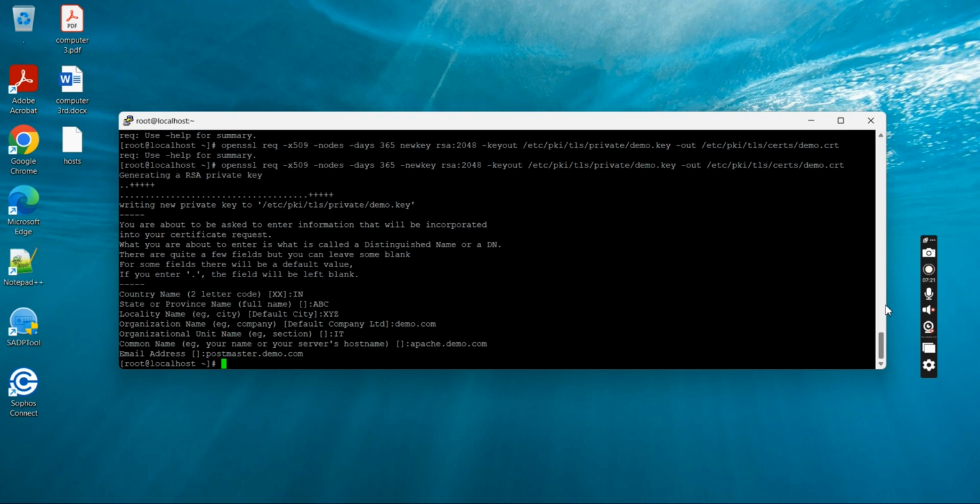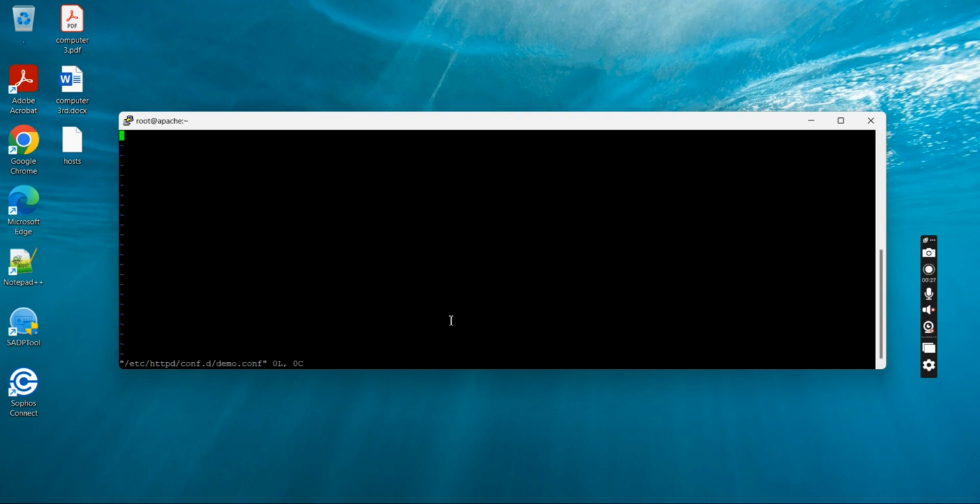So after doing that I have to create one configuration file: vi /etc/httpd/conf.d/demo.conf, and here I put some parameters, which is VirtualHost *:443, ServerName apache.demo.com, DocumentRoot,